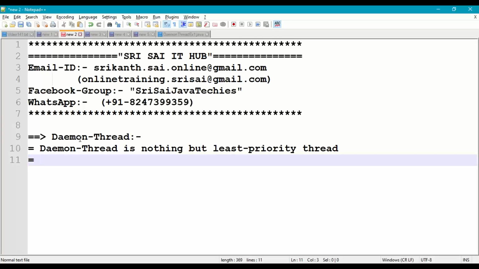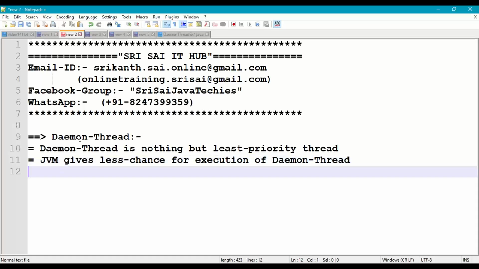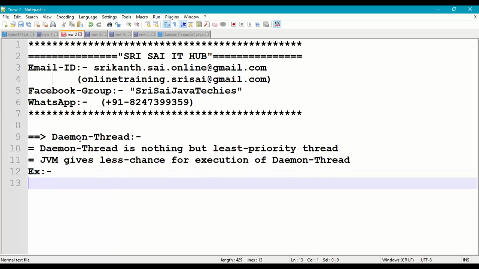JVM gives less chance for execution of Daemon-Thread. So if we have a Daemon-Thread in our multi-threading program, JVM gives less chance for its execution. For example, we have garbage collection,